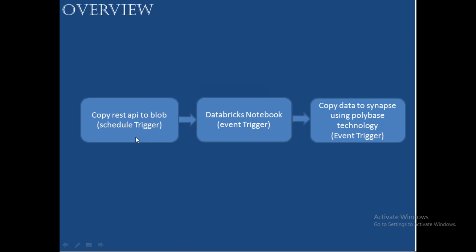In that case, you cannot schedule the Databricks notebook pipeline and the load data into Synapse using PolyBase pipeline. Why you cannot schedule these two pipelines? Because you don't know what time the complete data will load into blob storage. That's why you just schedule this trigger once you load the entire data from REST API to blob storage. When blob receives data, that particular event will identify it and trigger your Databricks notebook